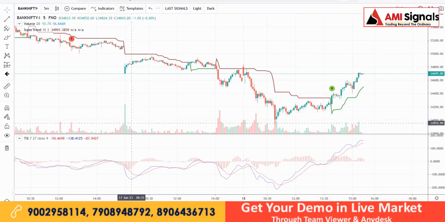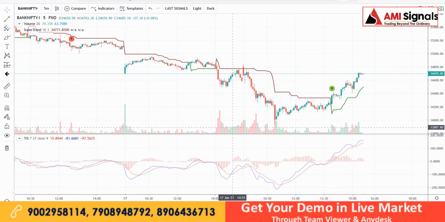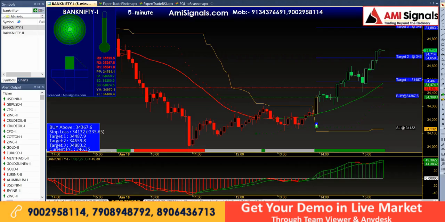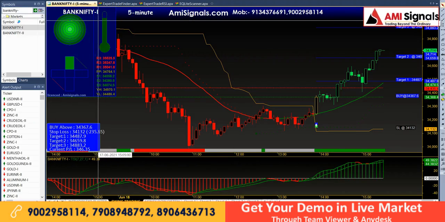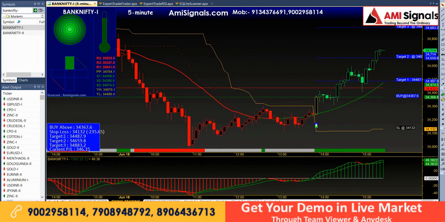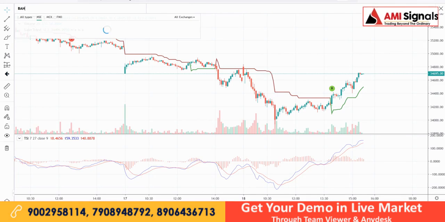So this is our newly launched mobile application, as you see on the screen right now, with all TradingView custom indicators where you can change different time frames. You can change the mode also, and it will work according to the swing chart we are having. Right now I have put the stock of Bank Nifty future on my screen. Let's go to the mobile application, where I have put in Bank Nifty also. Let me search and show you.